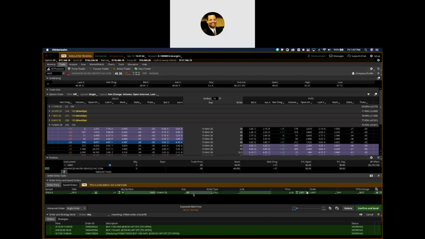The strike price is $48. That means I believe that the stock will rise above $48 and everything above that will be to my favor. The type of option is a call. Calls mean you're bullish. When you go long call, you're bullish. And the price I want to pay, I don't want to pay $4.10. I want to pay $4. I think that's a fair price. Basically, I'm splitting the difference between $3.95 and $4.10.